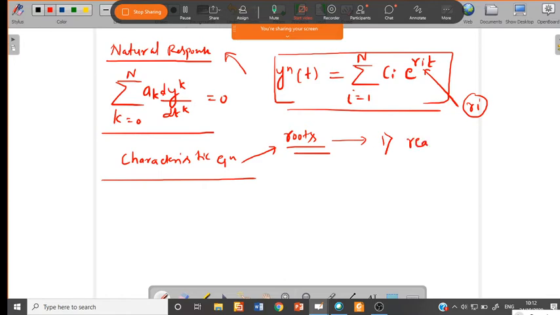So if the roots are real, how can we represent the solution to this differential equation? And if they are purely imaginary, and also complex in nature. Okay, so now for the solution of this differential equation with the roots in these different forms, real, purely imaginary and complex, how can we write the solution?